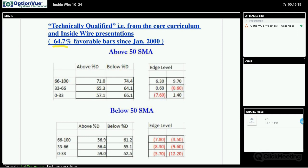That the implied move from the option prices was more than what the move actually ended up being. Okay? 64.7% of the time, the bars were implying a greater move than what actually occurred, both to the upside and the downside. Now, okay, so what I did then is we go through and we examine the different